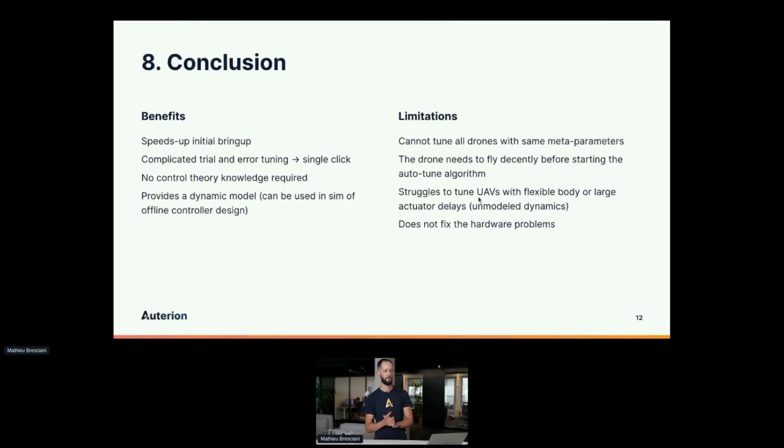Also, we have a fixed model structure, which means, say, two poles and two zeros. That works properly for rigid frames, so all the multicopters are fine. Most VTOL planes are fine. But if you have some complex dynamics, a lot of flex in the wings or in the body, and extra modes of resonance, then you can have a degradation of the identification,